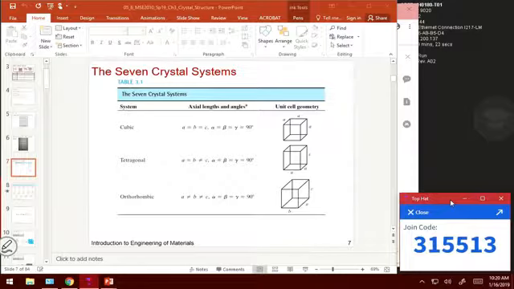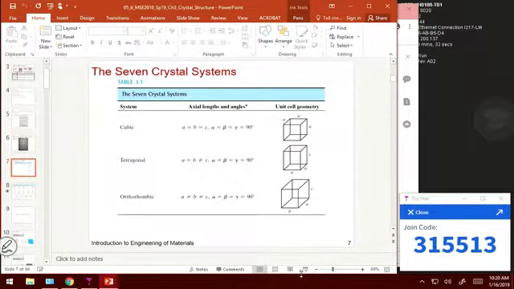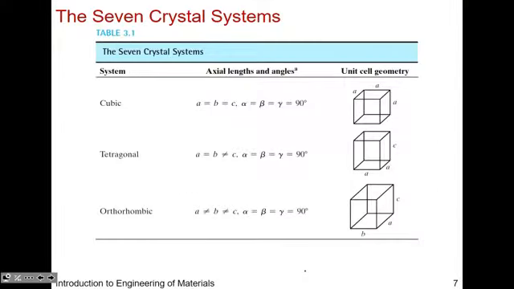Let's get started today with chapter 3, or I should say the continuation of it. We got into it a little bit, so today I want to go over the table where we left off. We left off with the 7 crystal shapes or crystal systems. This is basically all the unique shapes that you can fit atoms into, or you can start building a unit cell with. Here half of the table is listed where you have cubic, tetragonal, orthorhombic, and